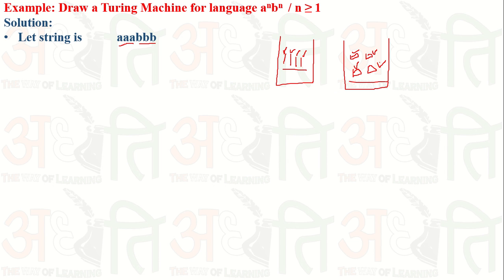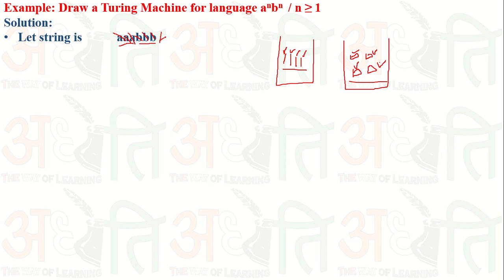The same concept we apply here in the Turing machine. What the Turing machine does is mark A, then skipping all other A's it goes to the B. First B comes, then it marks the B. Then again it goes back, finds the next A and marks it. Then it goes to the B and marks B. Again it goes back and marks the remaining A and goes forward and marks the B. So here it matches that the marks of A and the marks of B are the same, so it is an equal number of A and equal number of B.